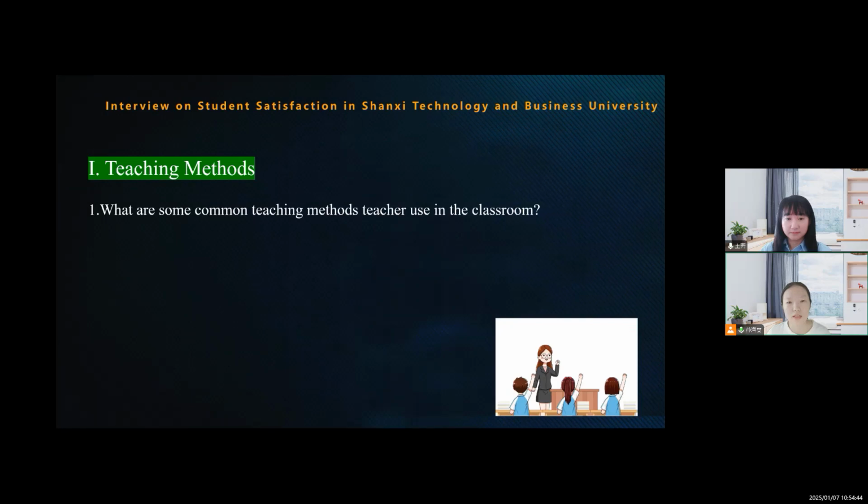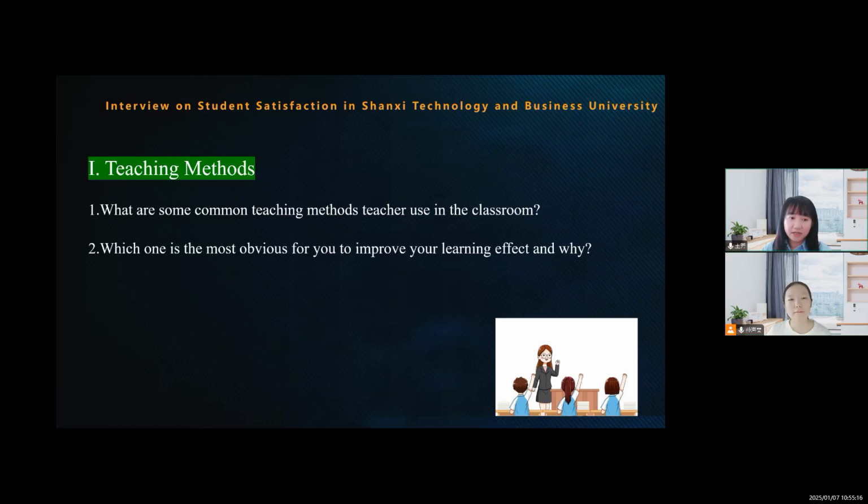The teacher guides us to use the learned theories to analyze actual business cases, such as a company's market strategy, operation management, and other cases, which makes abstract knowledge vivid and easy to understand. In addition, group discussions and simulated business project practices are often carried out.